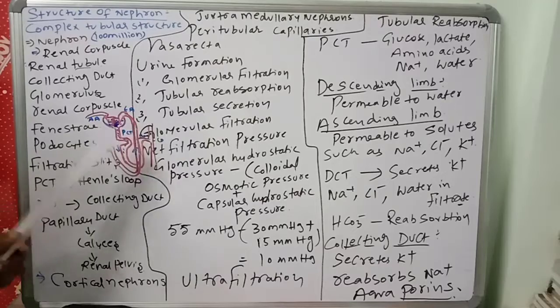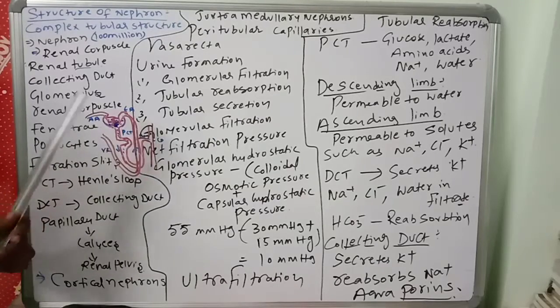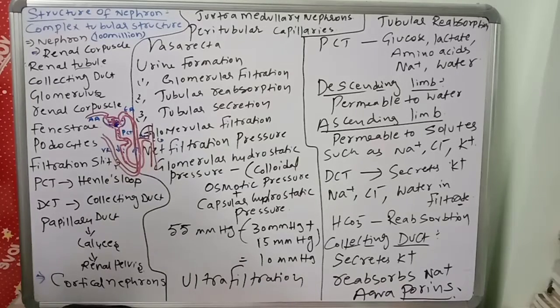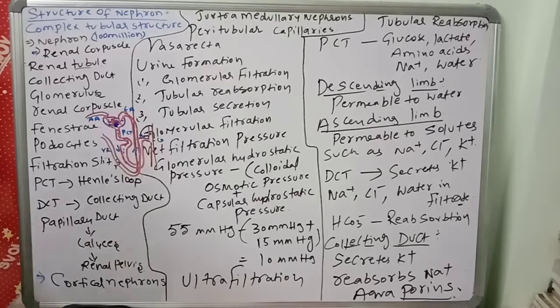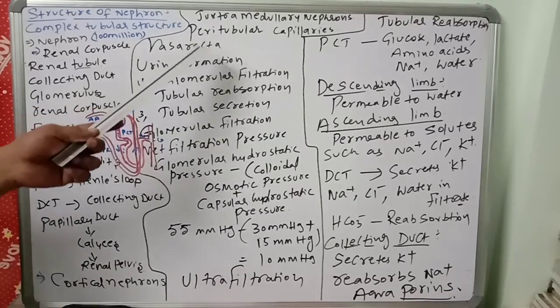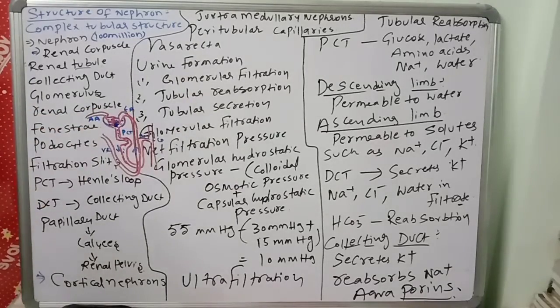So the afferent and efferent arterioles. Now the efferent arteriole that comes off the glomerulus forms a capillary network called the peritubular capillaries. There is also the vasa recta, which runs parallel to the loop of Henle. The vasa recta is reduced or absent in the cortical nephrons, in the cortex region. Okay, that is important.